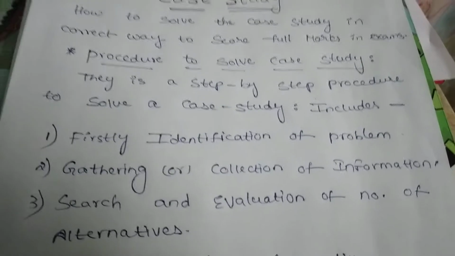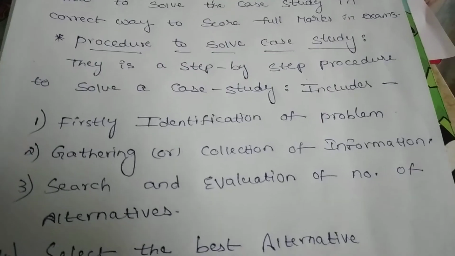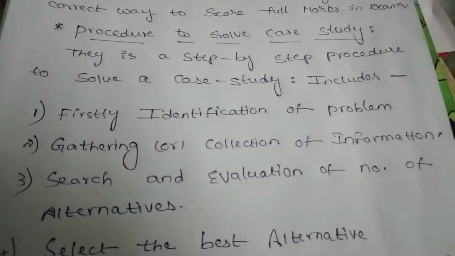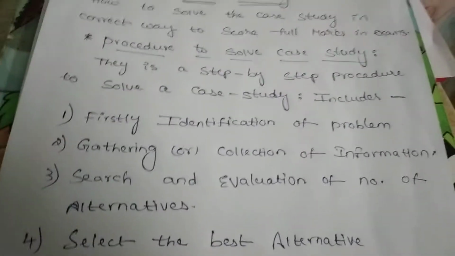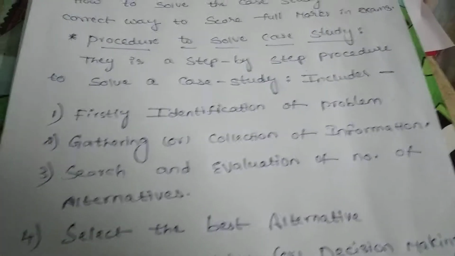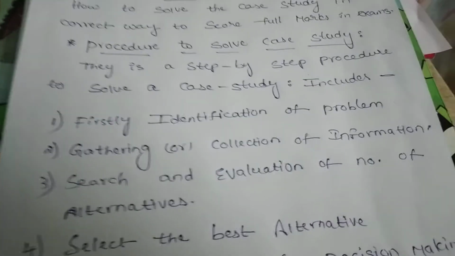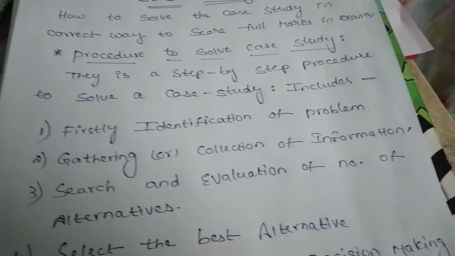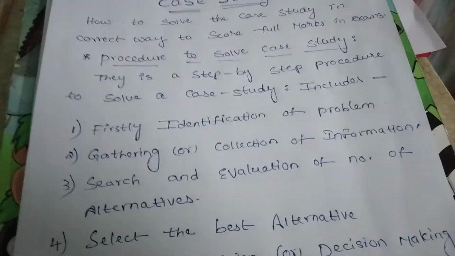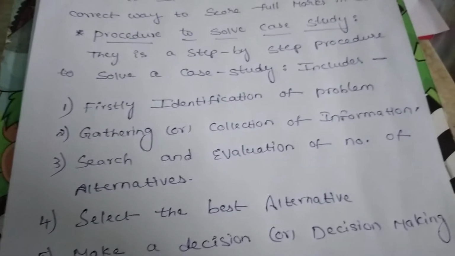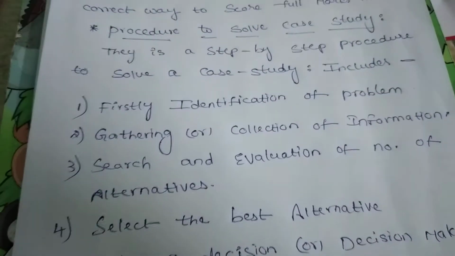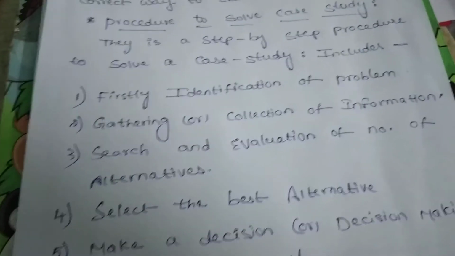Firstly, you have to read the paragraphs given in the textbook or in the question paper. Read in detail, understand the paragraph and identify the problem. Identification of the case study problem: a problem can be regarded as a difference between the actual situation and the desired situation. Clearly identify the root cause of the problem. What is the root cause of the problem? You should identify it, and develop a detailed problem statement.